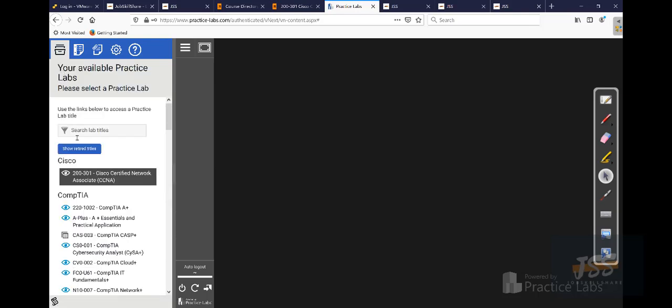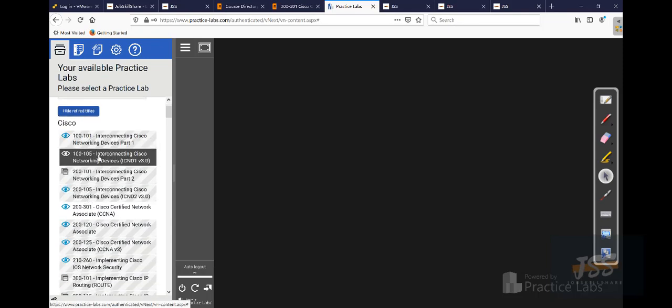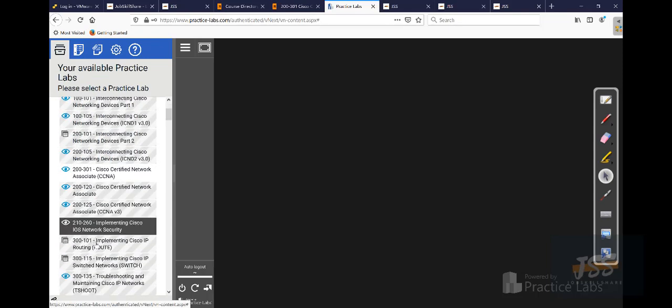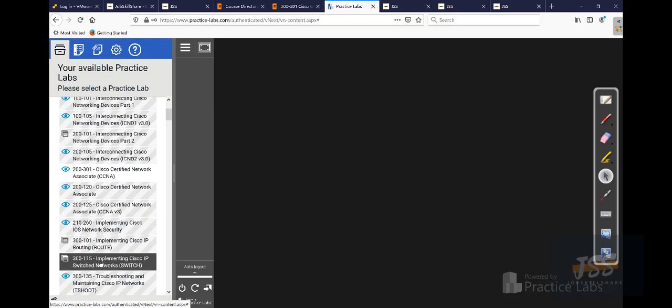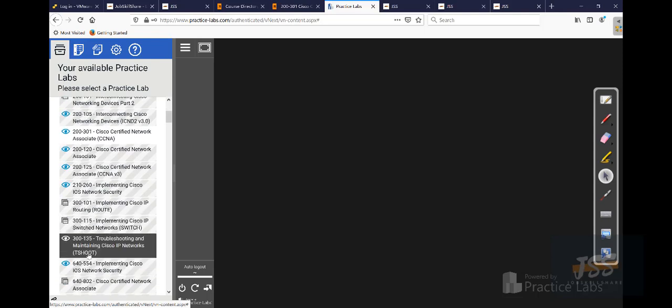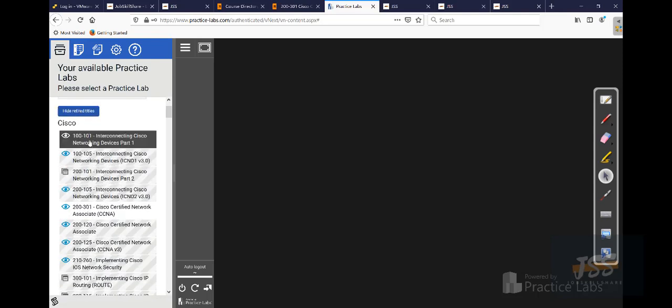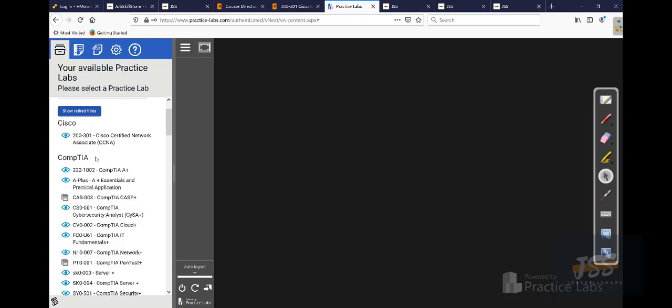Now again, we are a skill-specific platform. We don't go by certification, we go by skills. So when some of these labs say show retired labs, that doesn't mean that these labs are not available. We heavily use these labs because in reality, when you're working as a network engineer, you don't work on the most modern equipment in the companies when you get hired, especially as a new beginner. You always work on devices that are mixed and matched with modern devices, with devices that are 5 or 6 years old. So retired labs does not mean that these skills are also retired. They are very valuable, and this is how we create our own courses. We mix and match things and we give you the resources.